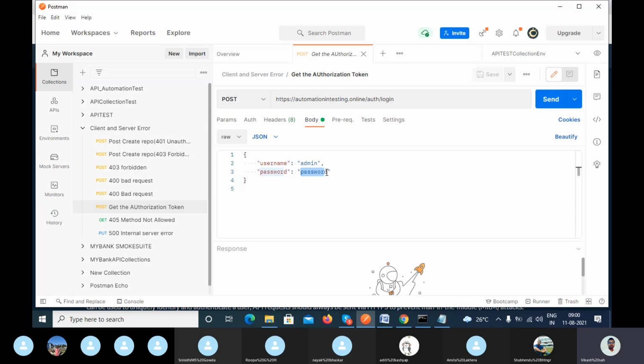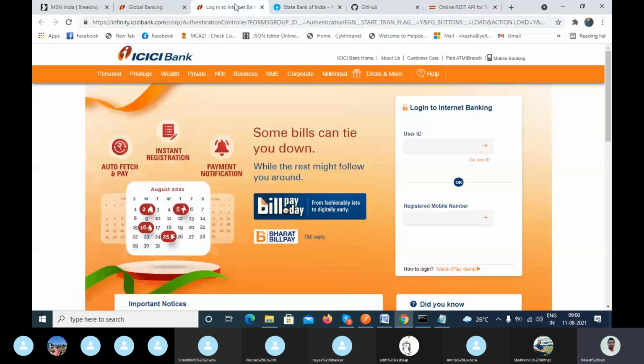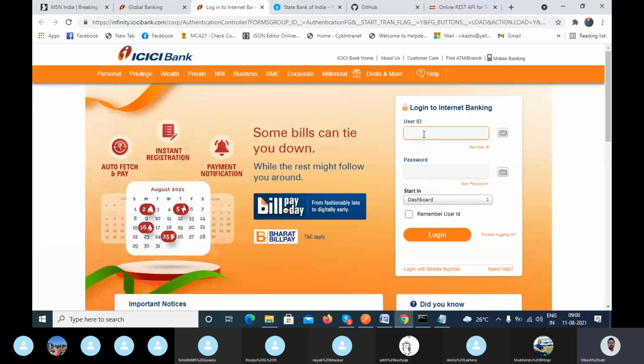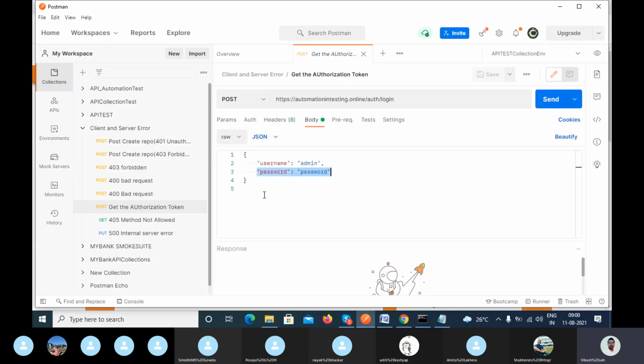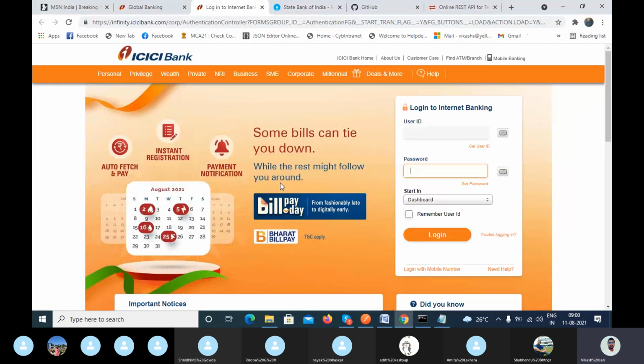So when I enter the username and the password, in the UI you enter them using the UI application. But in the REST API we have a separate request for that, and we are using a JSON object with two properties, username and password. These two property names would be the default, but it depends on the requirement.